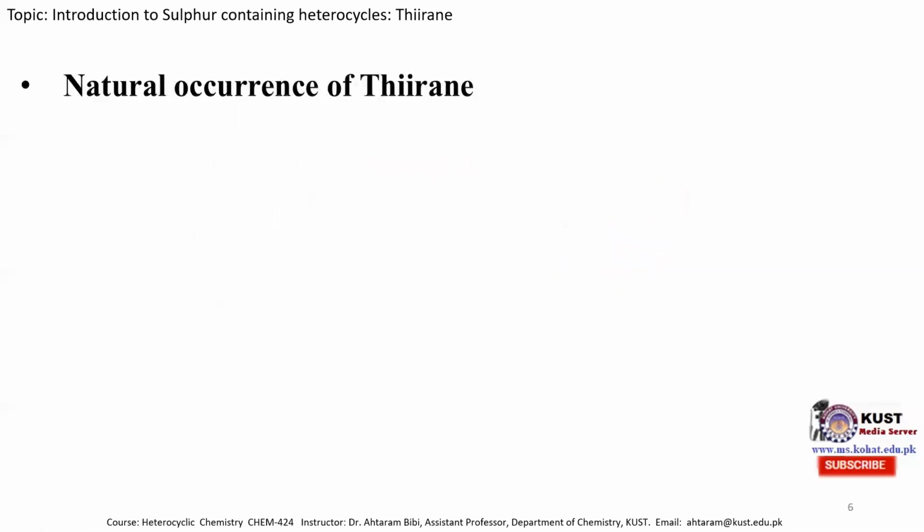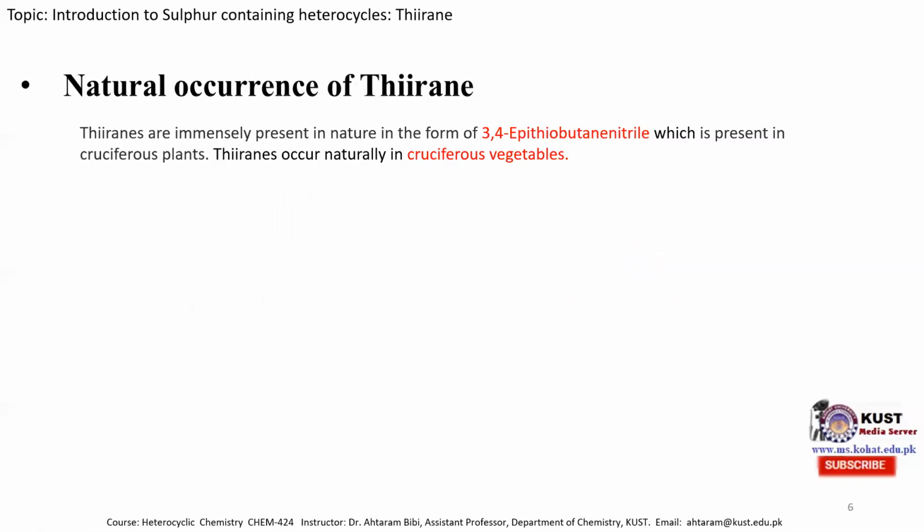Now, natural occurrence of thiirane. Thiiranes are present in nature in the form of 3,4-epithiobutane nitrile, which is present in cruciferous plants. Thiirane occurs naturally in cruciferous vegetables. This is the structure of 3,4-epithiobutane nitrile, and the IUPAC name is 2-thiiranylacetonitrile, and it is present mostly in